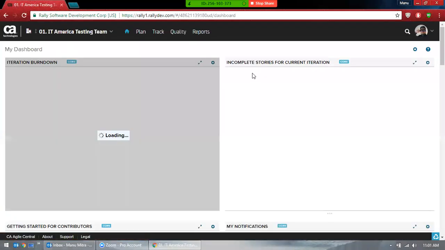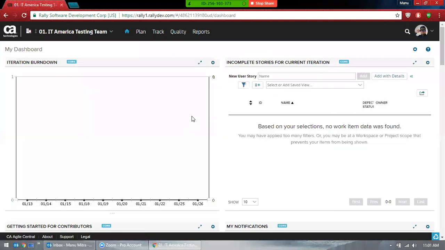Okay, good. So once you log in, this is the dashboard. And first thing, when you log in to any, as a matter of fact, any test management tool, it doesn't have to be Rally, HPALM, or anything else, first you need to figure out which project you're working on. So here in Rally specifically, you need to see which project you're working on.